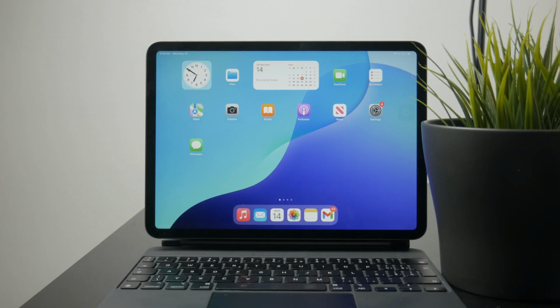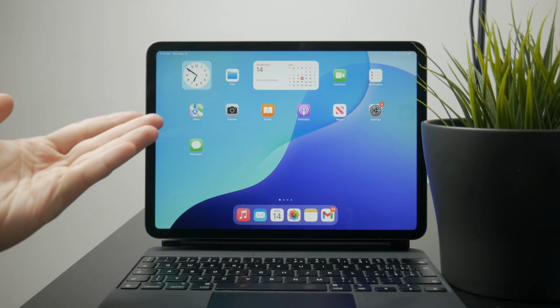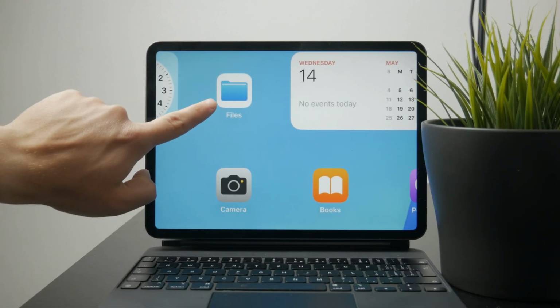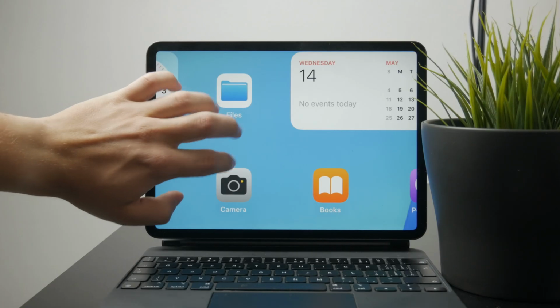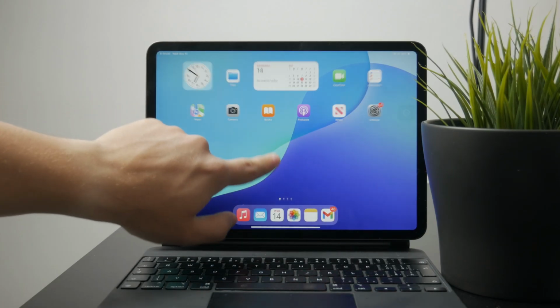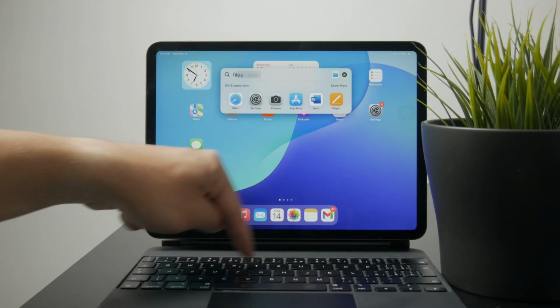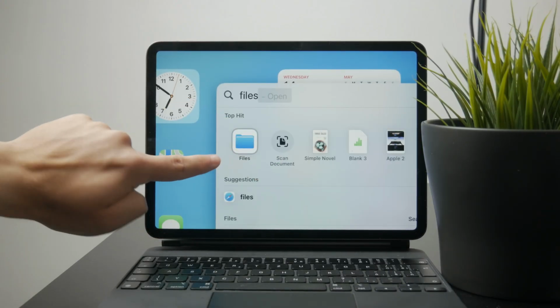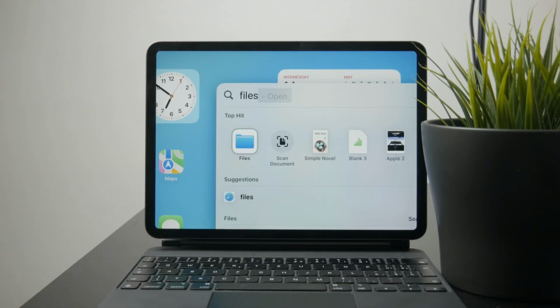Where is the file manager on the iPad? The file manager on iPad is called the Files app. You can find it directly on your home screen, but if it's not immediately visible, just swipe down on the screen and use the search bar to type in Files. The app icon is a simple blue folder on a white background, so it's easy to recognize once you spot